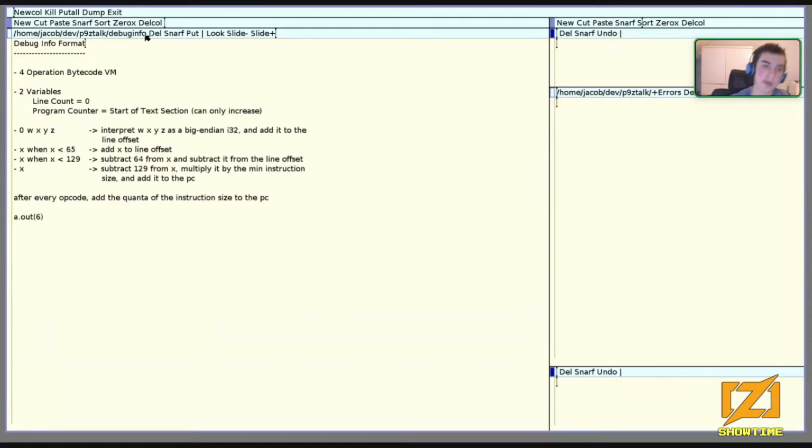Okay, so now let's talk about the debug info format. It's a bytecode. There are 4 operations for this bytecode, and there are 2 variables, and you just interpret the bytecode. Think of each of these numbers as 1 byte. When you interpret it, if the first byte is a 0, you interpret the next 4 bytes, you bitcast them to a big endian I32, and then you add it